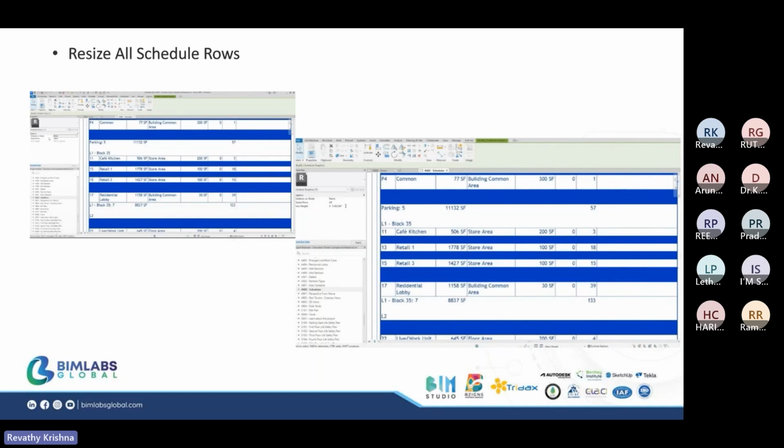After creating schedules, we previously only had the option to adjust the column width. In the latest version, we have another option too. We can also adjust the row height. For that, first you have to select the rows of the schedule. After selecting the rows, in the properties palette, you will get an option,